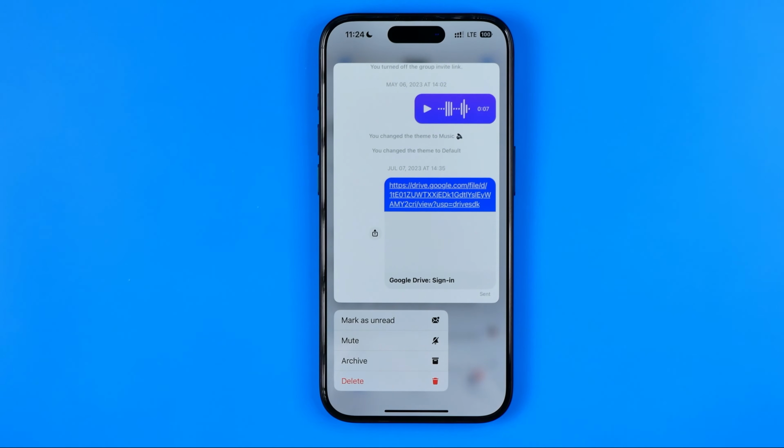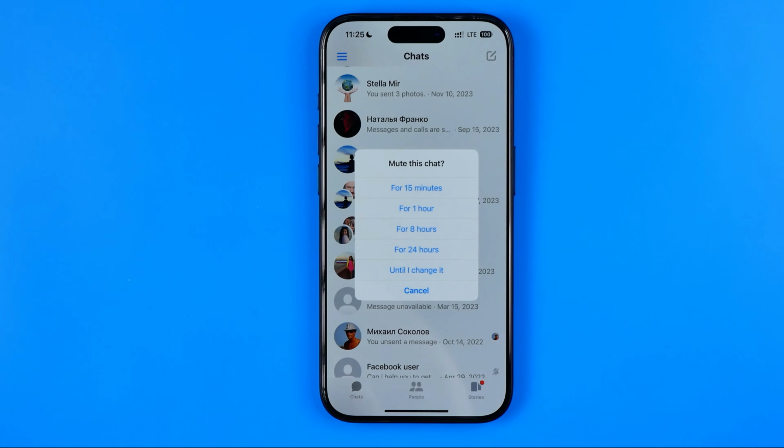As you can see, there is no option to restrict this conversation, but there is an option to mute it, which is essentially the same because when we mute a conversation, we will not receive notifications of new messages from it. To continue, tap on mute and then select a period of time for which you would like to mute